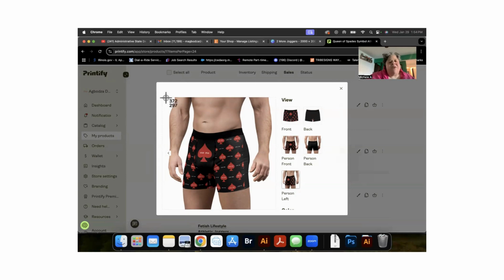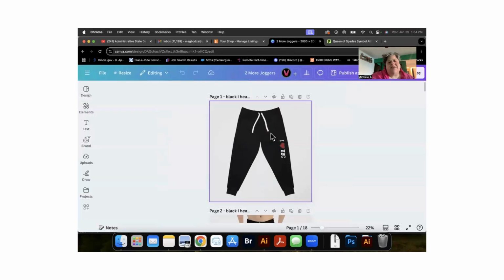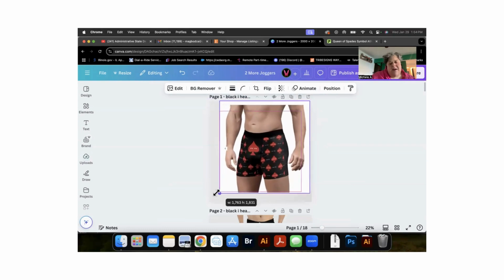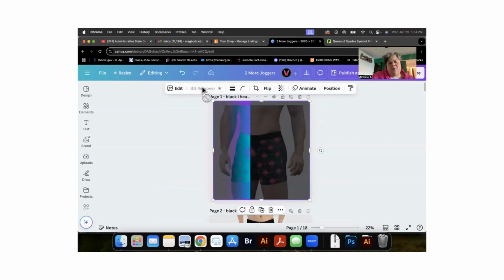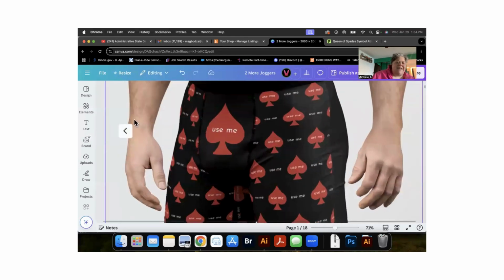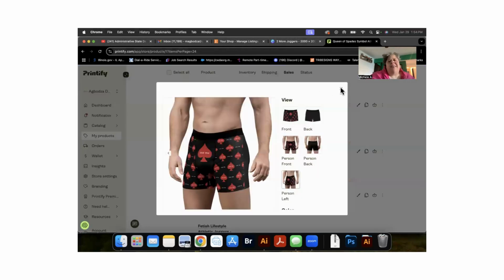If I were to do a screenshot here and put it into Canva, for instance, let's do a clean page and I'm doing Control V for paste. And let's say I want to do the background remover. It removes the background, but this little stupid thing is still there. So I was like, oh, that sucks. It bugged me enough that I was like, okay, what else can I do? So I figured out how to do it, and that is